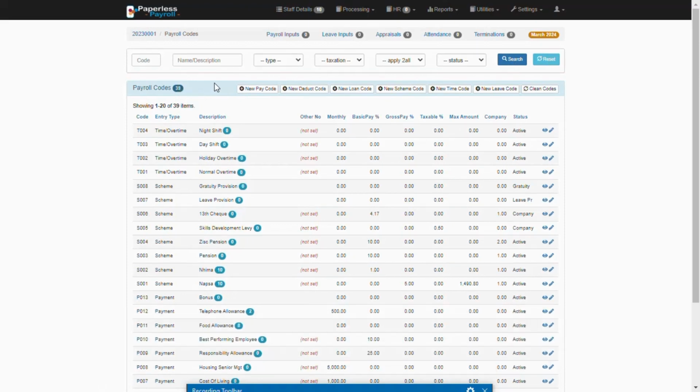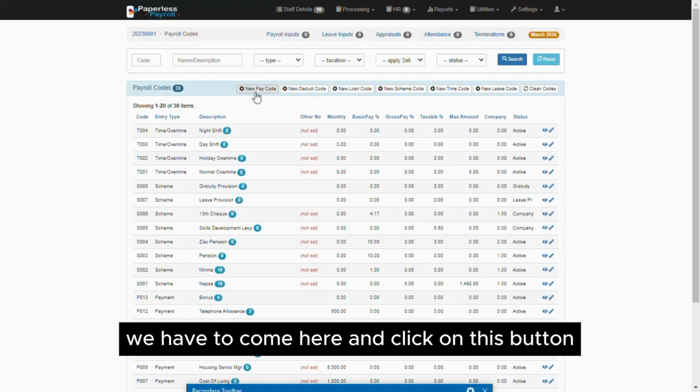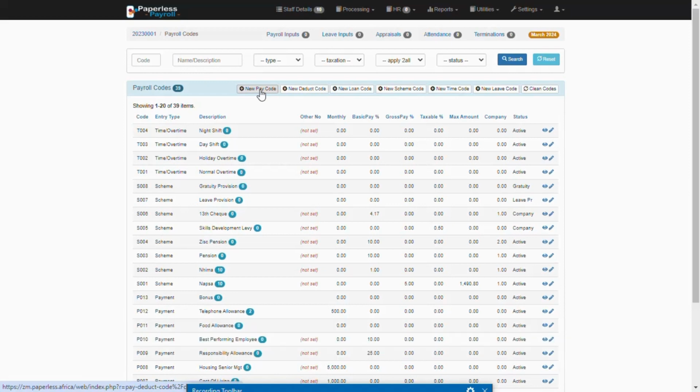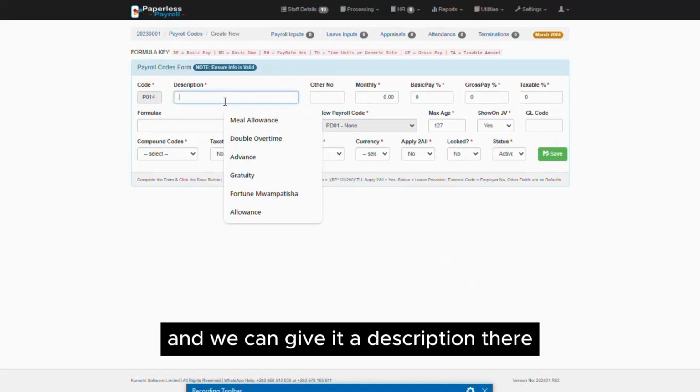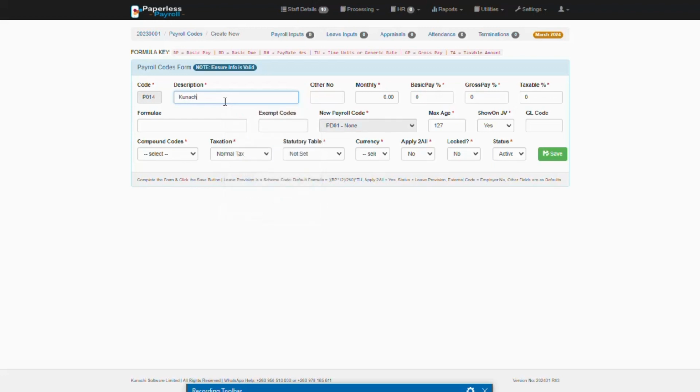of them. So in order for us to create a new payment, we have to come here and click on this button called new pay code, and we can give it a description there. So for this particular demonstration, we're going to name our transaction as Kunachi payment,